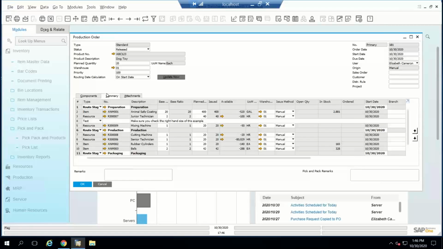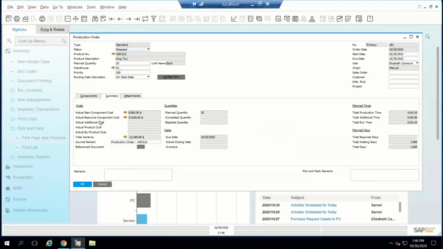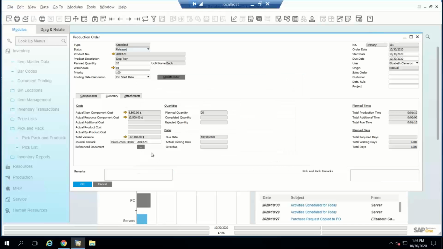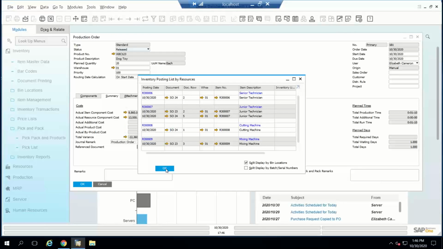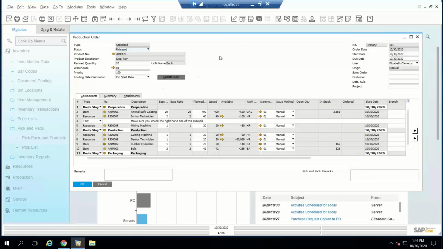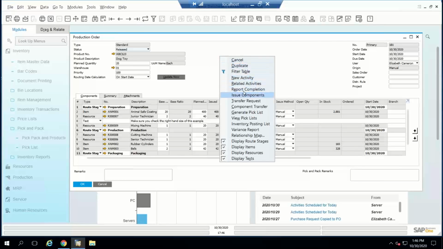So every step that I do in the production, I'm going to reflect also in the summary. So I can see here that I have issued components, and I can drill down into which components, with the real-time cost associated with that. I can see also how I use my labor and my machine that also has associated cost. And what I can see here is that at this point I don't have any actual cost. That's why our variance is so big, because I haven't reported completion. So as soon as I report completion,